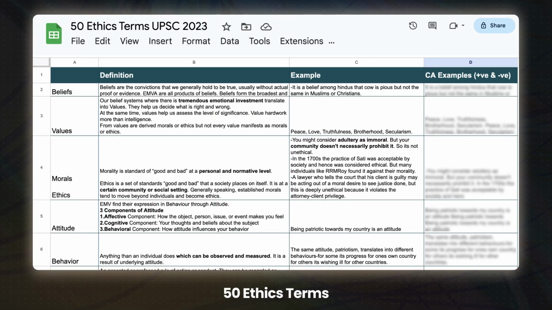Now, I'm not just here to threaten you, or to make you afraid of this exam. I'm also coming up to propose a solution for you. Civilsdaily has prepared a table of contents in which we are defining 50 important terms of ethics. Not just defining, we would also give clarity about those terms, along with the utility of those terms, along with examples from current affairs. The examples can be both positive and negative. It depends on the terms.